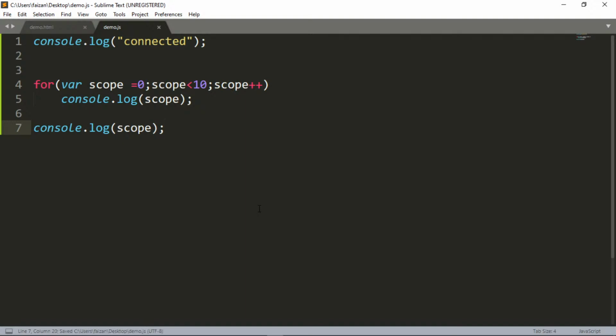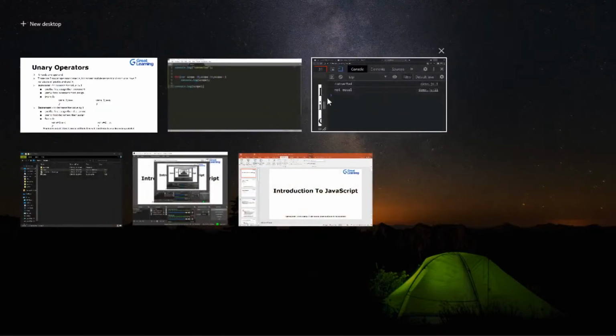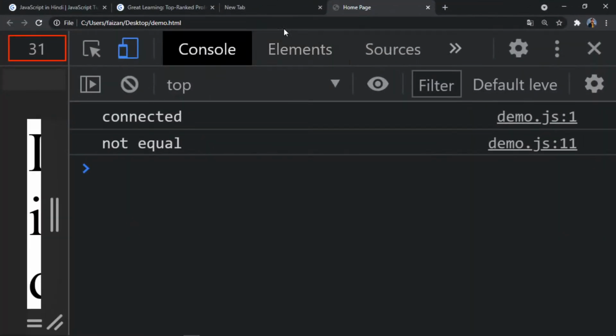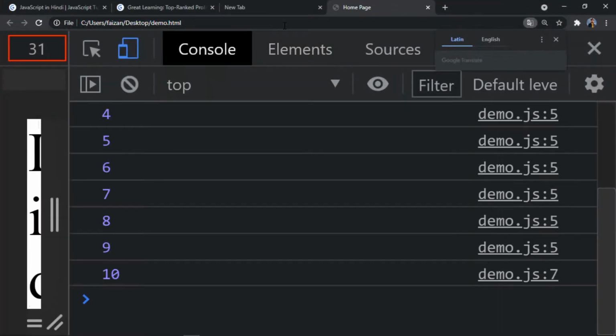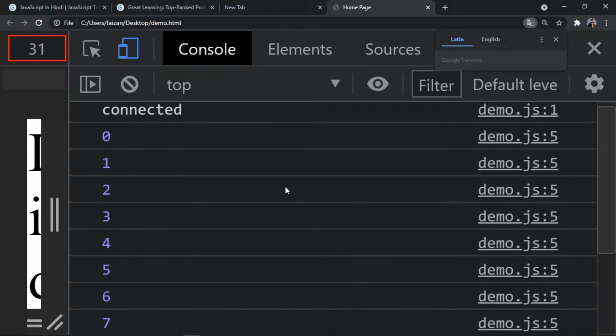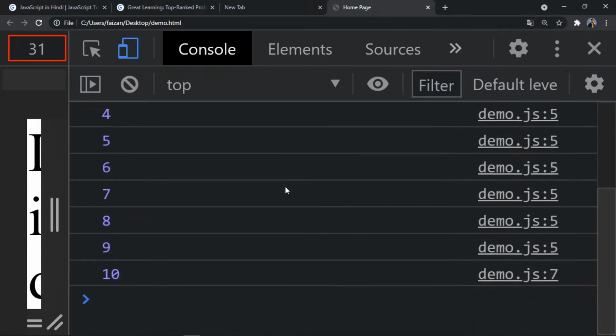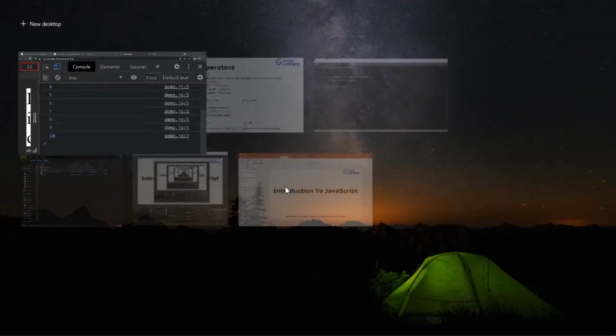Let's run this and see. Okay, so we'll go back into our browser and run this. This is working absolutely fine. We started from 0 to less than 10, which means elements 0 to 9 will be printed. And then at the end, we are printing the scope. That means the value of scope at that time is 10, because that is how it will exhaust this for